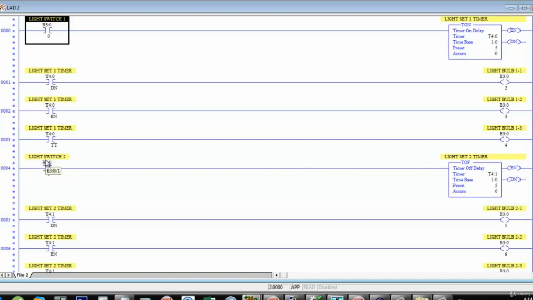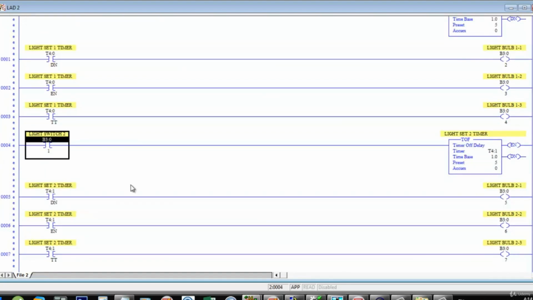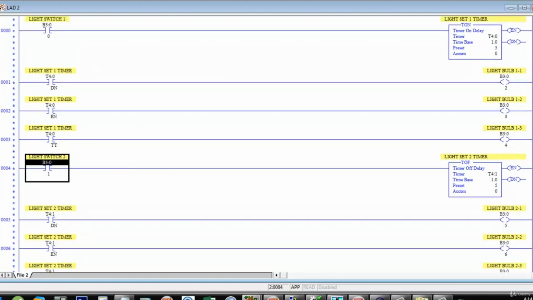So if we have 2 sets of lights, set 1 consisting of lights 1, 2, and 3, and set 2 consisting of lights 1, 2, and 3, these 3 lights will come on when we turn light switch 1 on. These 3 lights, on the other hand, will come on when we turn light switch 2 off. So that's that. There is one other timer, and I didn't draw that out separately because it is basically exactly the same as TON, timer on,